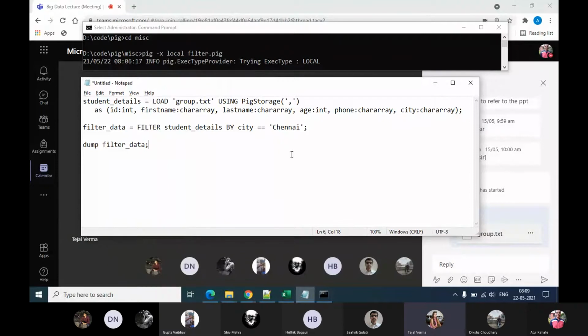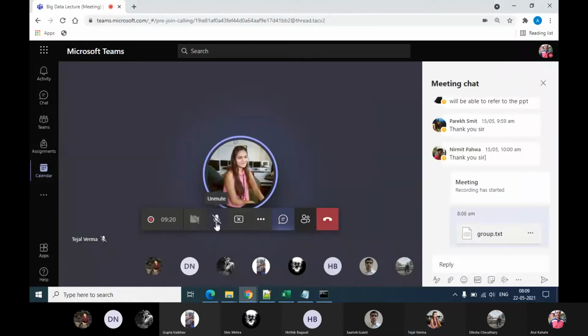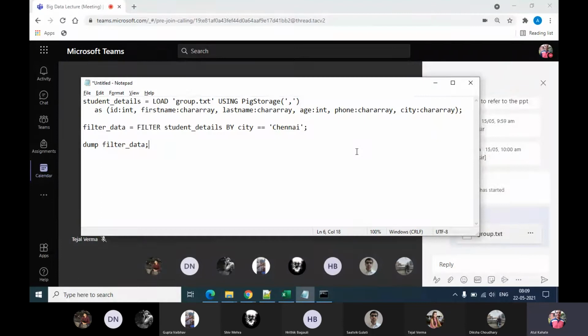Are the commands like dump, filter, generate, are these case sensitive? No, they aren't. The only commands which are case sensitive are PigStorage and commands which are related to functions or grouping of data.